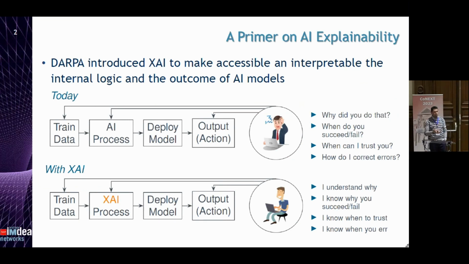So basically, explainability is not something new. DARPA has already introduced this back in 2016-17. And also at that time, there were already several works dealing with tools and techniques to provide explainability basically on ML AI algorithms that were dealing basically with computer vision and natural language processing. So this is really not something new.